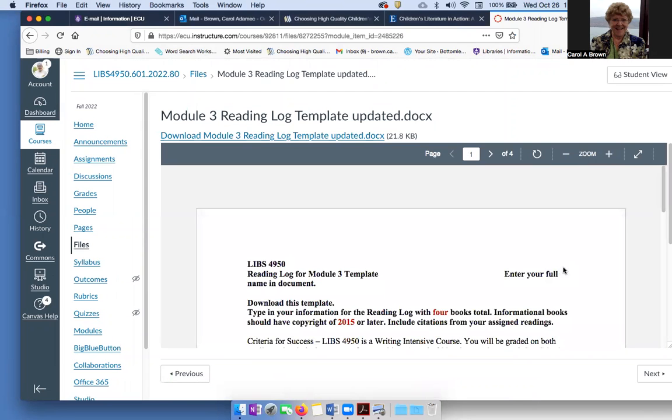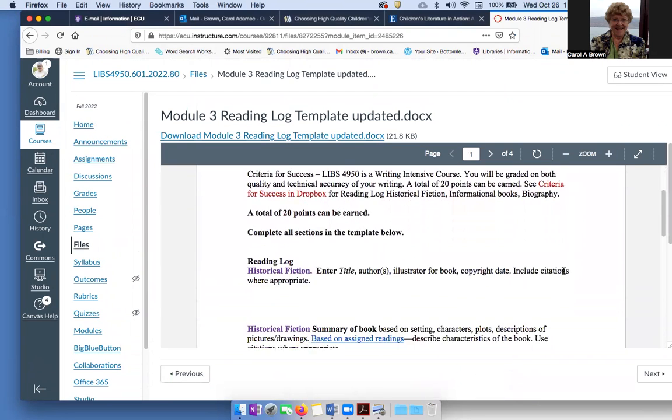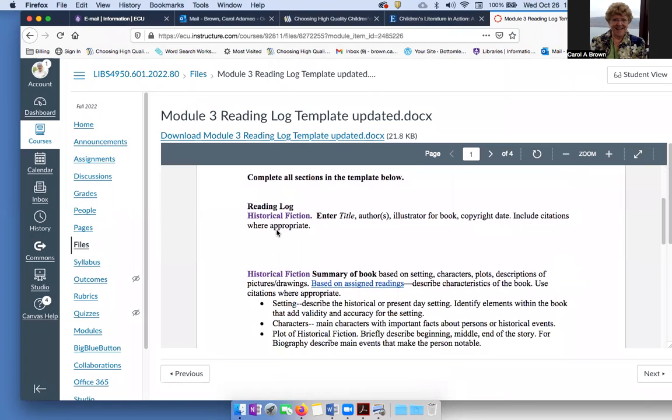And what you're going to do for this assignment is you're going to see under historical fiction, same thing, title, author, illustrator, if there is one, and copyright date. Remember, book titles need to be in italics. When you're writing a summary or even a memo to a supervisor, sometimes the communication can be misunderstood if the book title is not in italics.